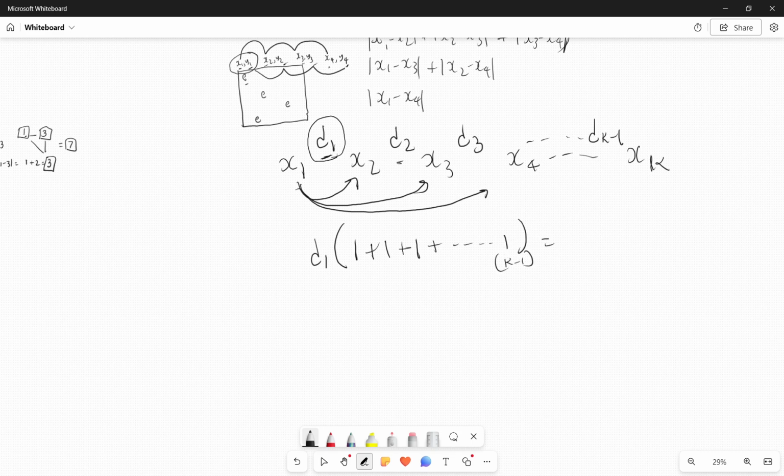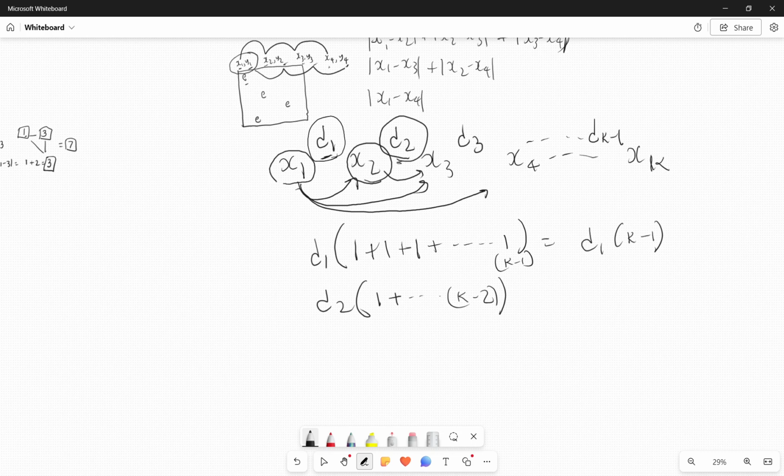So this will be d1 into k minus 1. Okay, and for this d2 times, I'm looking at this x2. When I'm going from x2 to x3, d2 is being added 1 time, and so on, up to it will get added k minus 2 times. But